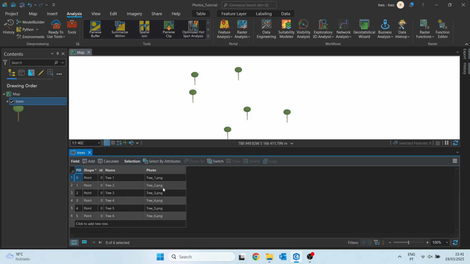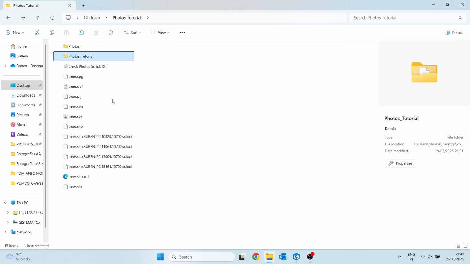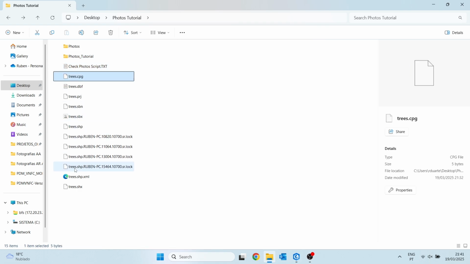And as you can see, this last field here refers to a list of photographs, meaning that according to the list, each feature has an associated photo. What we are going to do is use a Python script to check whether these photos actually exist or not. Obviously, with only 6 features, this wouldn't be necessary, but when dealing with hundreds or even thousands of features, this